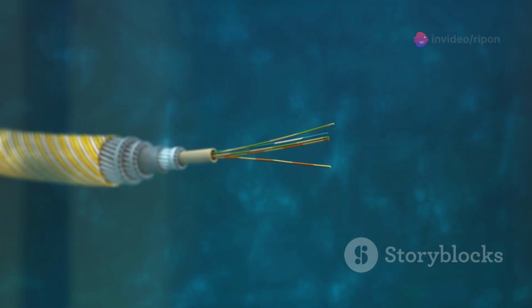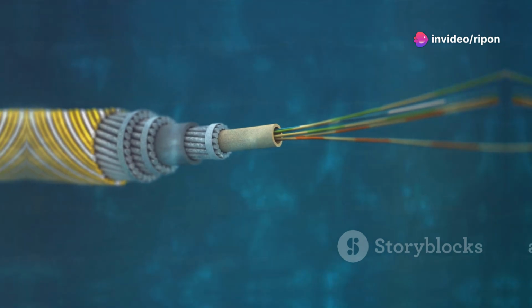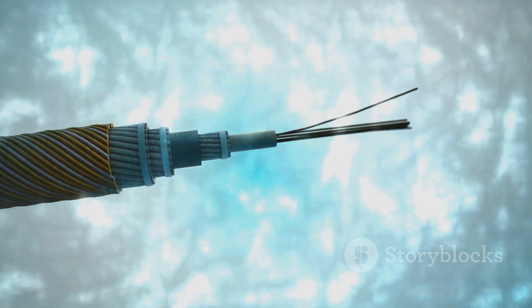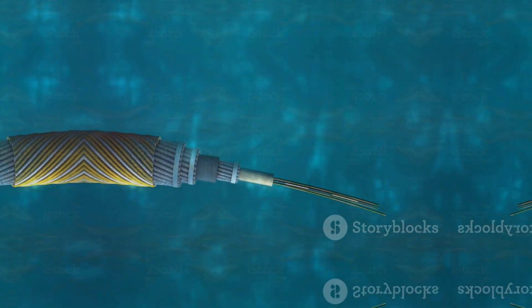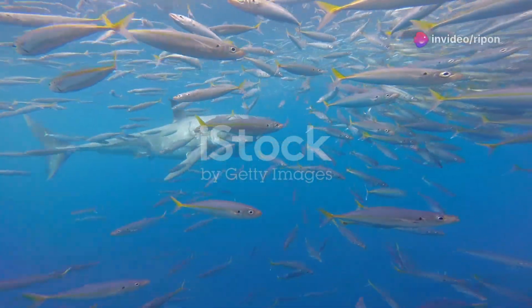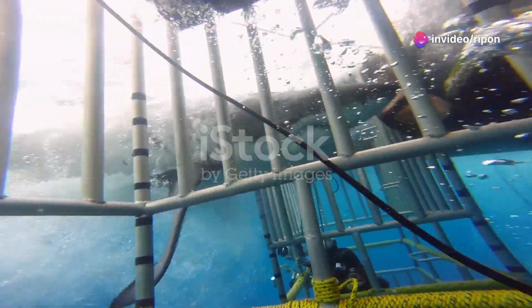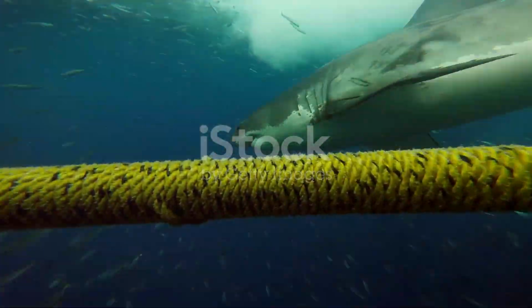Did you know that 99% of all internet traffic flows through a hidden network of undersea cables? From your Pokemon Go account to family WhatsApp groups, modern life relies heavily on these mysterious, slinky wires. But why should you care? Because these cables are occasionally attacked by sharks. Join us today as we dive deep into the world of submarine cables and discover how the internet travels across